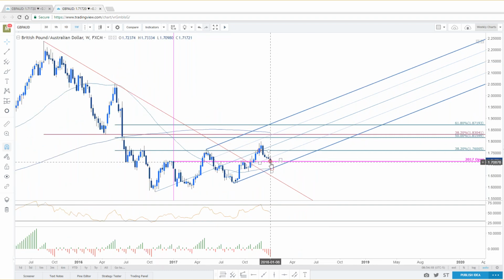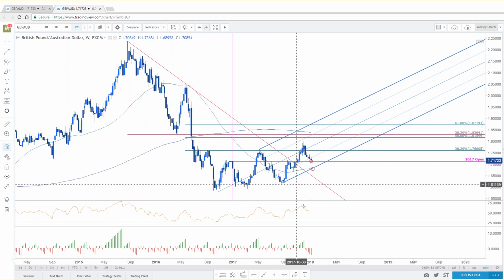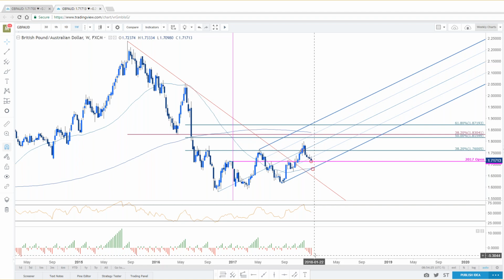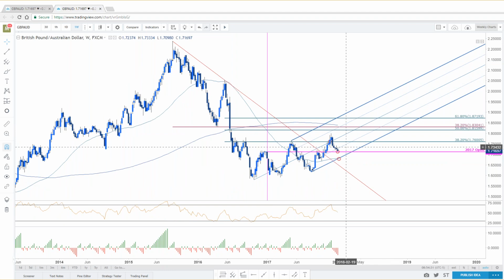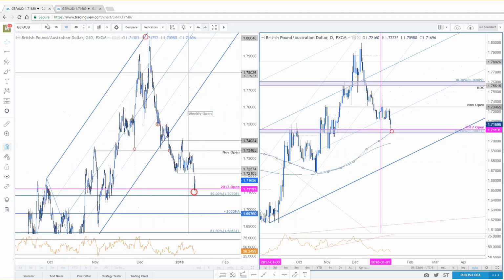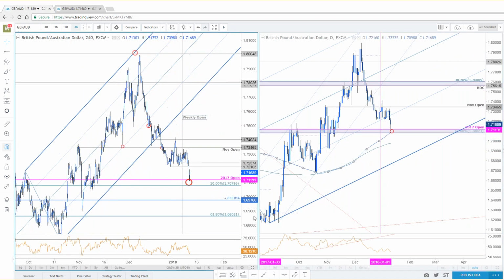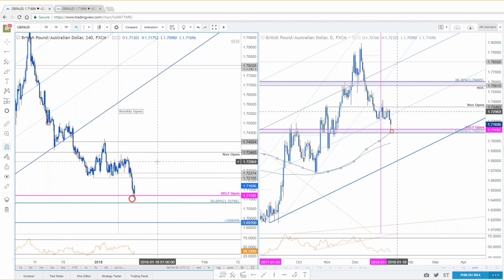So that would mean that we would need to close this candle, more or less below the open, for that type of analysis to give you a suggestive move that you could see a rebound here. But long story short, below here, there's room for a 68 and change drop on Pound Oz. Any questions on this one?